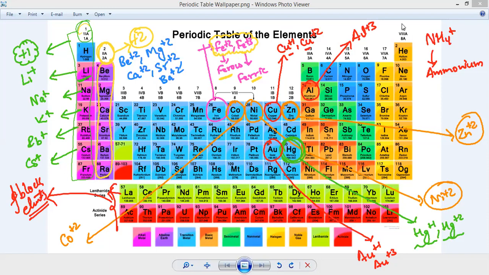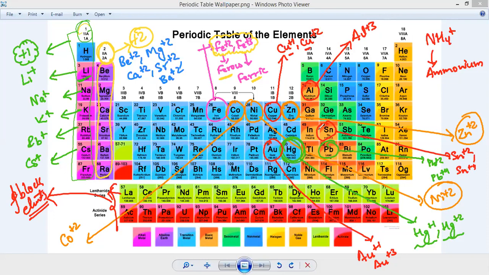A few more are there actually. Wait a minute. This is your stannous and stannic, just now I told. Then this one also, Pb. This is Pb+2 and Pb+4, that is plumbous and plumbic. And yeah, now it is perfect. Now you can take a screenshot.